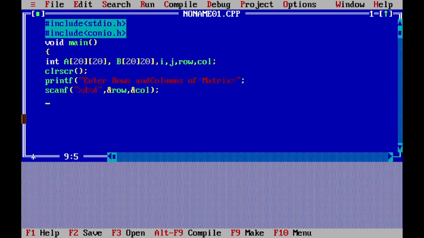So next, now we want to enter the matrix. So printf, enter your matrix.